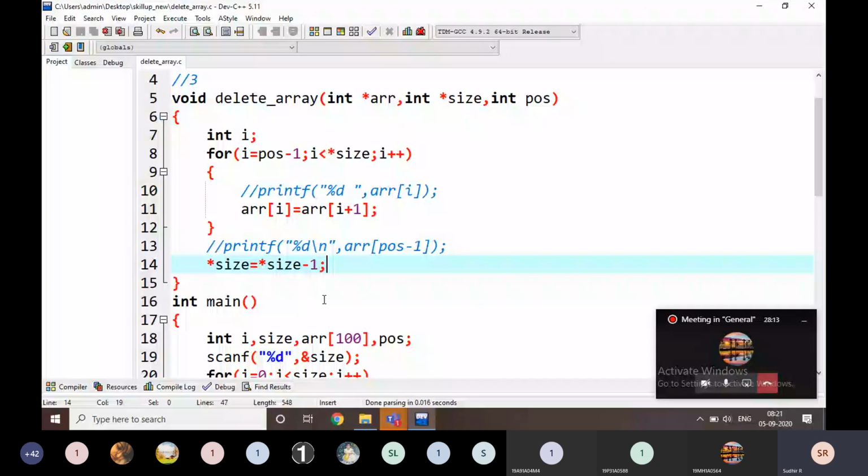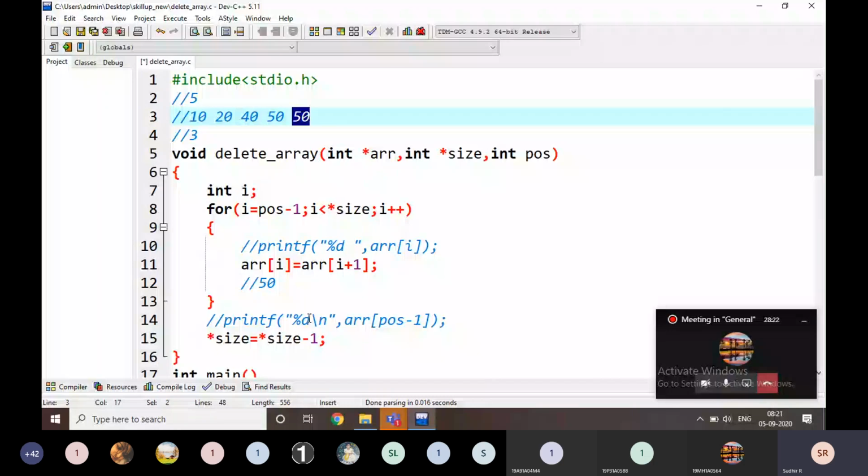But here, I am going to copy in the last position the garbage value. There is no need to check here. That's why I am going to write size minus 1 here. Size minus 1 means, for example, it is going to be 30, it is going to be 40 here. I am copying A of I is equal to A of I plus 1. That means it is going to be 40. Now I am going to copy A of I is equal to A of I plus 1. Yes, this is enough, right?